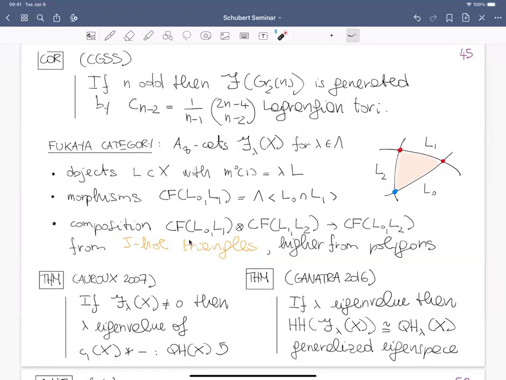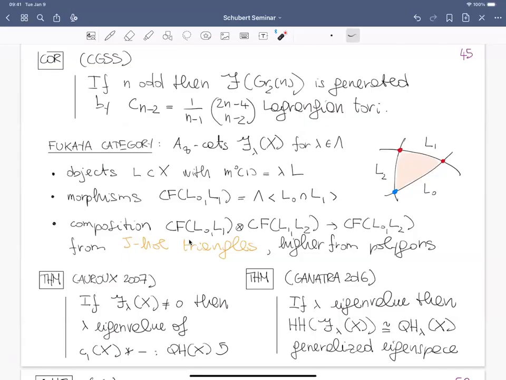So just in a nutshell, there is a family of A infinity categories you can attach to a broad class of symplectic manifolds, like a Fano manifold in this case. They're denoted by F lambda. The objects of each such category are Lagrangians that satisfy a technical condition. I'm not going to explain it here, but it's related to lambda.